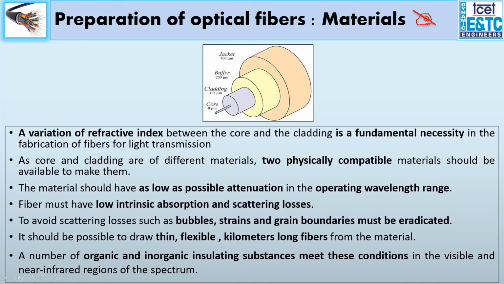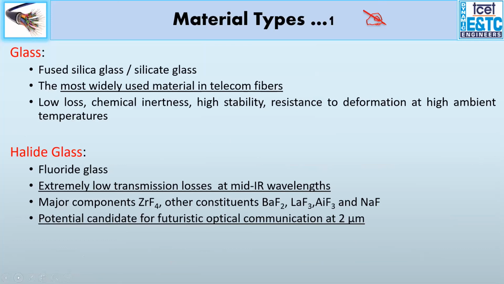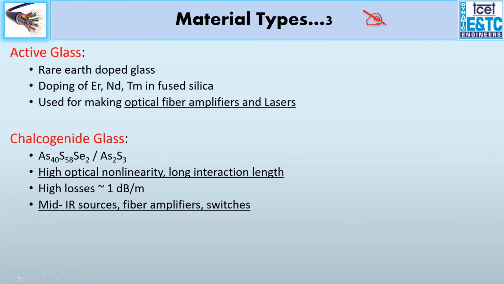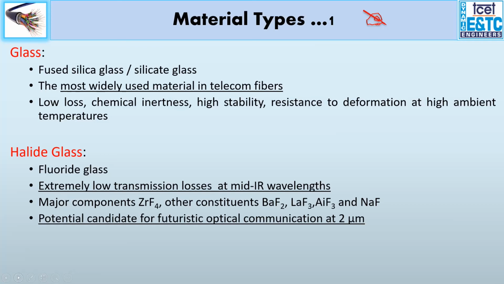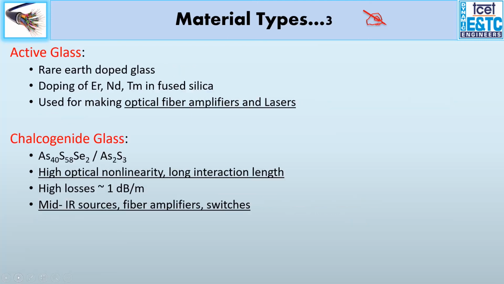So first thing is, what is a material that we are looking at? A material which has got transparent properties, whose properties do not change, and which has got a low attenuation, and basically is able to carry the information to a longer distance without the need of more repeaters in your system. So the material that can be used is glass, definitely, which has got the best characteristics, because the attenuation is very low. Halide glasses are also used for making the fibers, that is fluoride glasses.